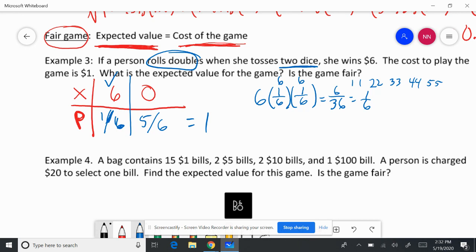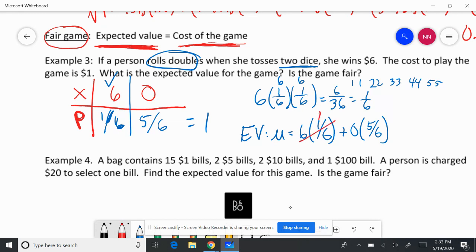So that gives us our table. Now we're going to find our expected value. The expected value is the same thing as the mean, which means that we take the $6 and multiply it by the probability. We add that to the 0 times its probability. Looking at this, I know that this gives me 1 and this gives me 0. So the expected value is $1. So the question is, is the game fair? And the answer is yes,